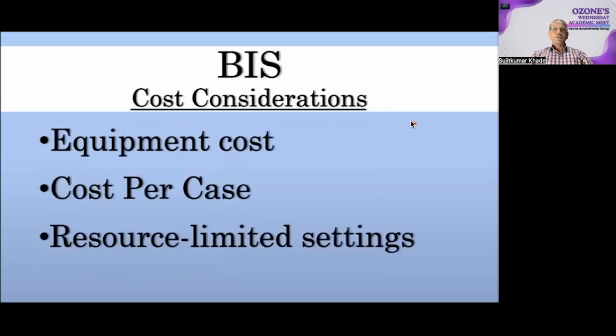A BIS monitor costs around 3 to 3.5 lakhs in India. The disposable BIS electrodes cost around 1500 to 2000 rupees. So awareness is rare. Therefore, in low income or resource limited settings like many hospitals in India, the high cost of BIS equipment is a barrier. Instead, maintaining adequate volatile anesthetic dosing and using simpler monitors like capnography and the MAC alarms may be more realistic.